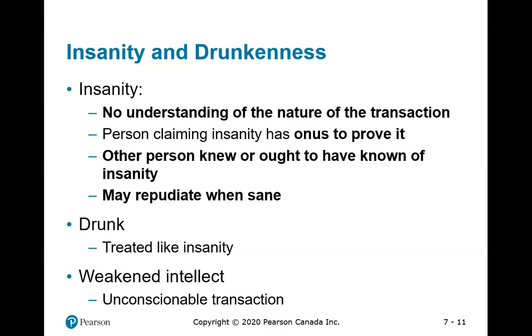Because if they did not know, if they should not have known because you were not behaving as such, they would not be taking advantage of you. They thought you would be okay. But because they know you are drunk, intoxicated, insane, then they take advantage of you. Then the contract may be void. You may be able to get away. Again, you have to establish you had no understanding of the contract. In other words, you were either insane or intoxicated, and the other person knew or should have known. This is very important.